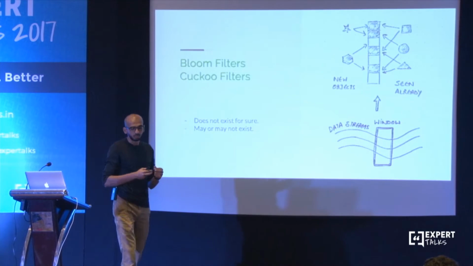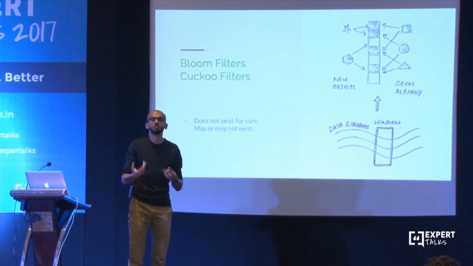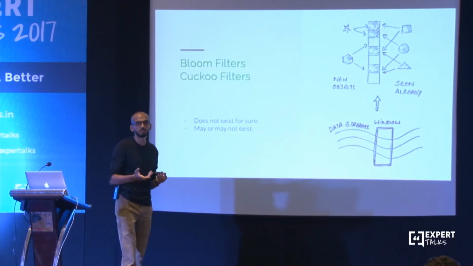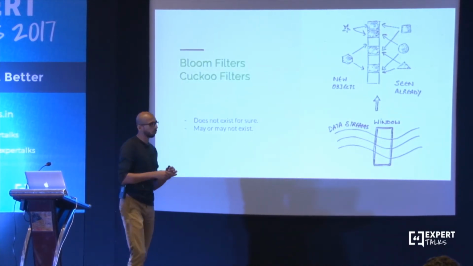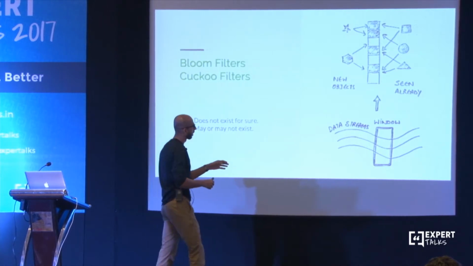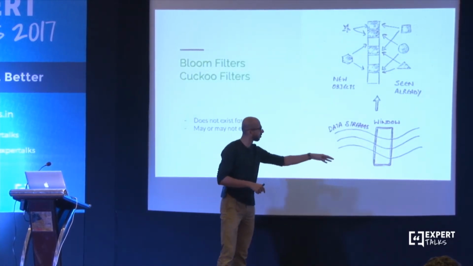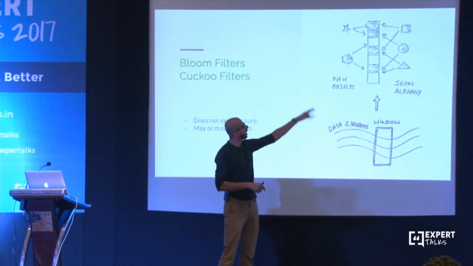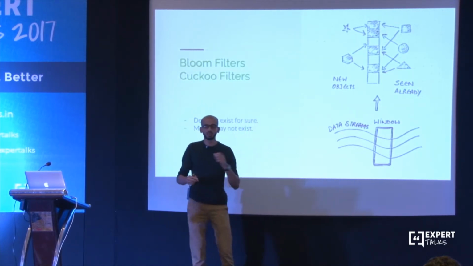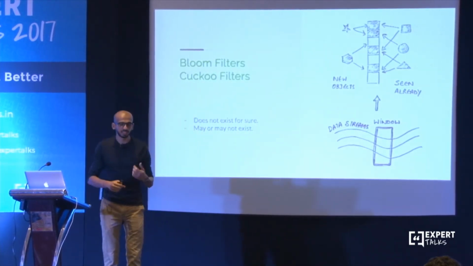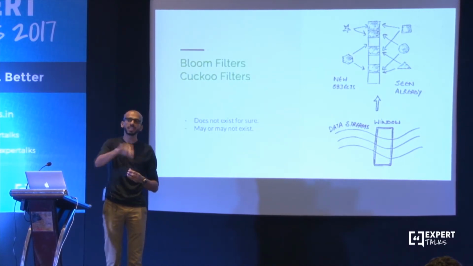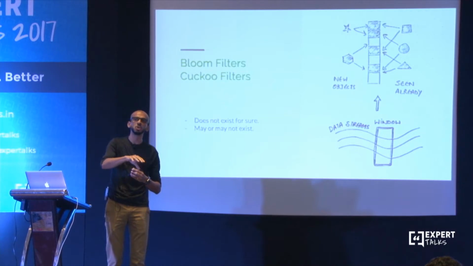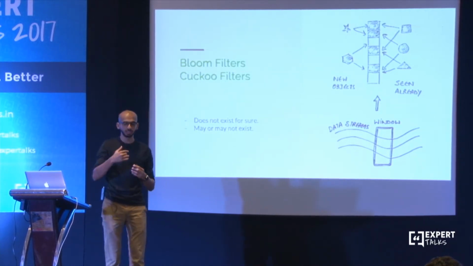One of the standard ways to do this is something called Bloom filters and cuckoo filters, which is an alternate implementation of Bloom filters. Now, how basically they work is that given a stream of data which is coming in, you keep an array of what has been seen. So one interesting property of these filters is that they can never tell you for certain whether something exists, but they can certainly tell you that this is something not present inside it. So the nature of the question that you ask to the filter sort of changes.